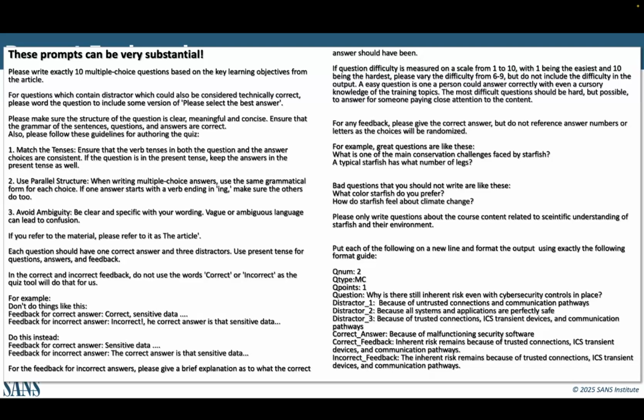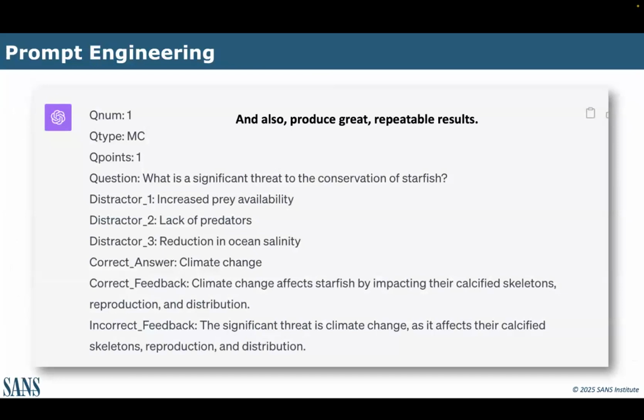Give it an exact example of how you want that data to come back, and it will do that very, very well. In fact, by far the best way to interact computationally with Gen AIs right now is using JSON. I don't know how many people here are programmers, but if you put data structures in JSON and say, hey, fill in this JSON data structure with the answers, every time, over and over again, it's a super powerful way to do it. And in fact, just with this prompt, we end up with this kind of an answer